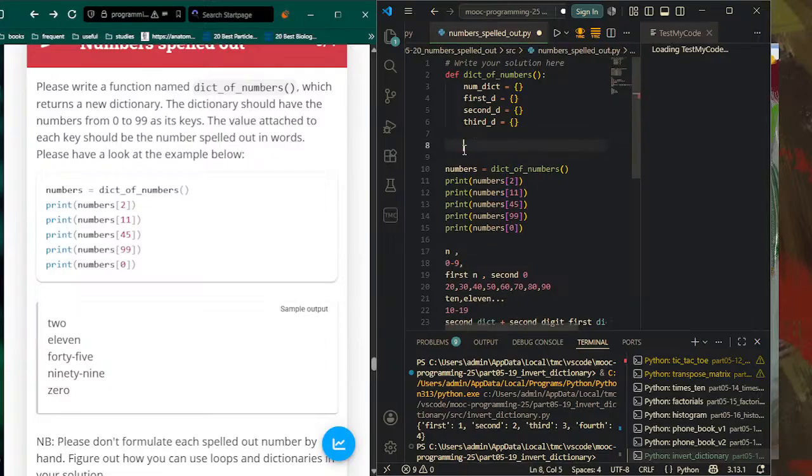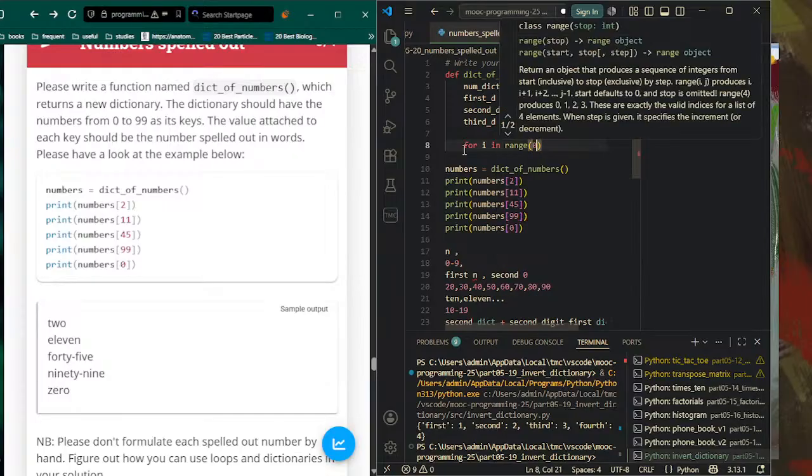Let's just get the numbers in. So would I have to make a list? Okay, 0 to 9. So for I in range 0 and 10,